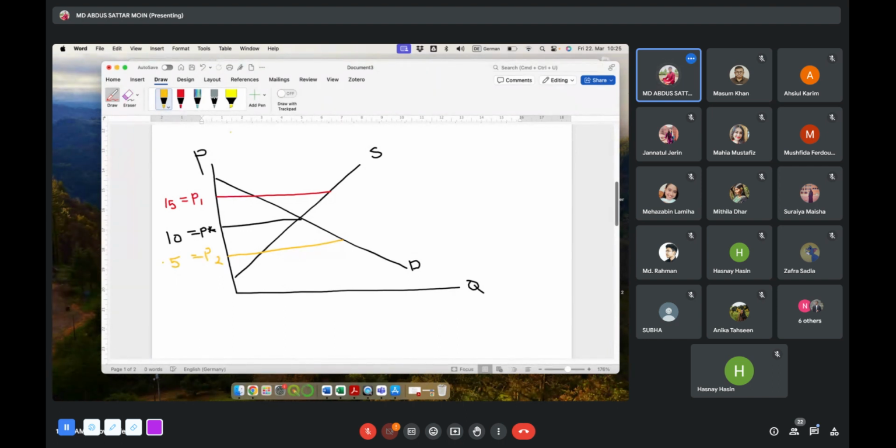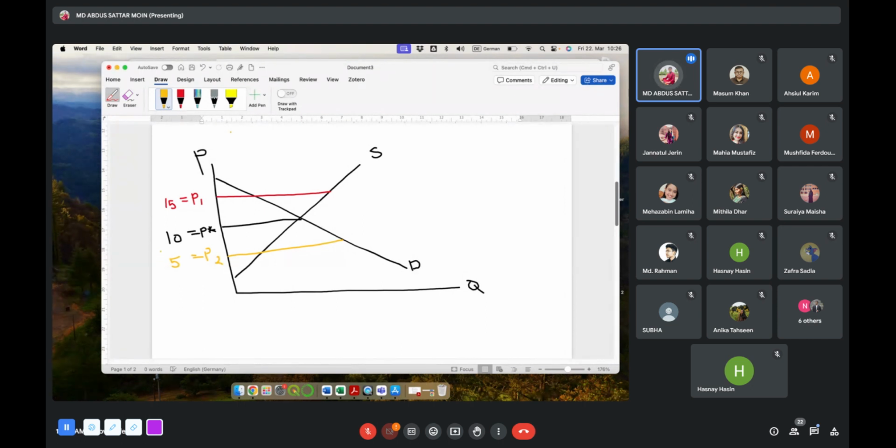So if the floor price is set below the market price, then that floor price is non binding. Why non binding? গভর্নমেন্ট সেট করে দিচ্ছে 5 টাকাতে, কিন্তু মার্কেটে অলরেডি তো এটা 10 টাকাতে 10 টাকা দিয়ে ওই প্রোডাক্টটা এক্সচেঞ্জ হচ্ছে। সো নো পয়েন্ট অফ ফলোইং দিস ফ্লোর প্রাইস। সো দেন ইট উইল বি এ নন বাইন্ডিং।